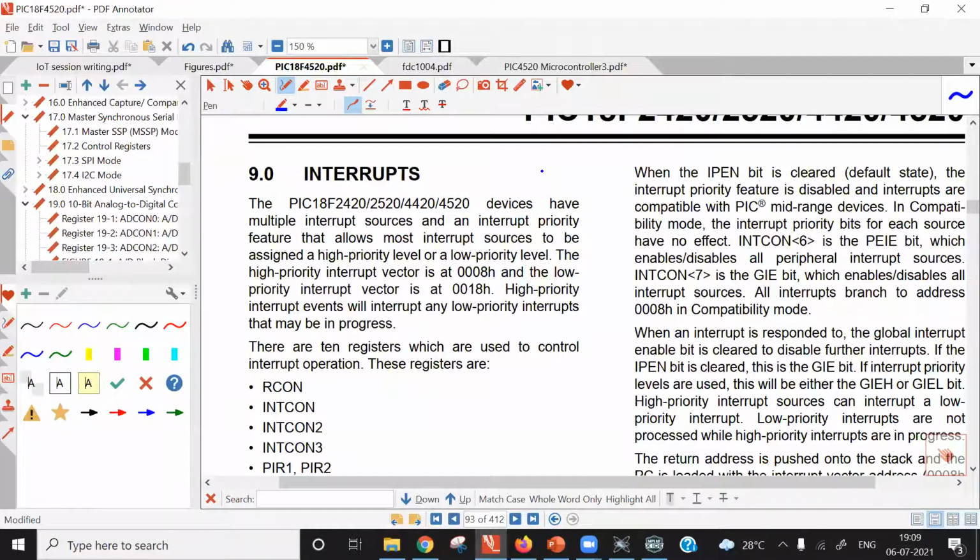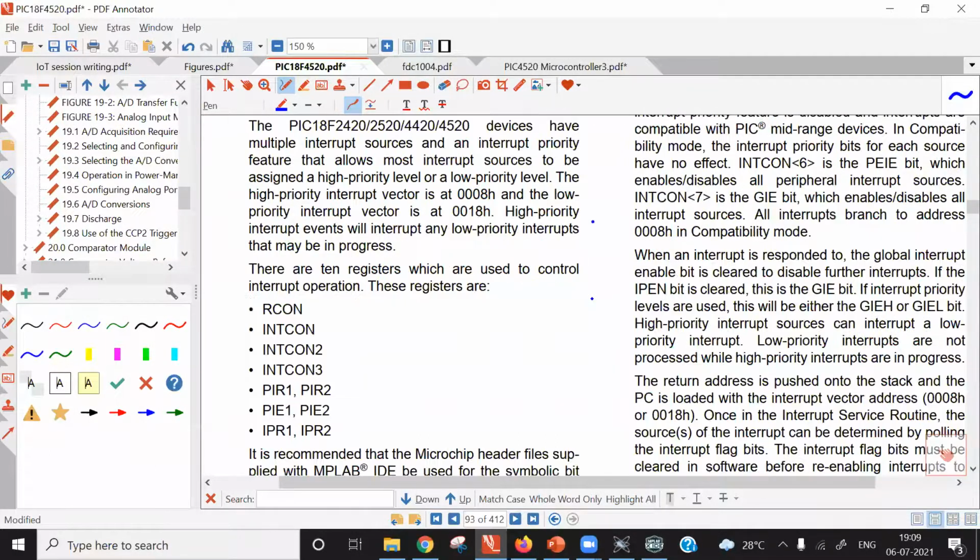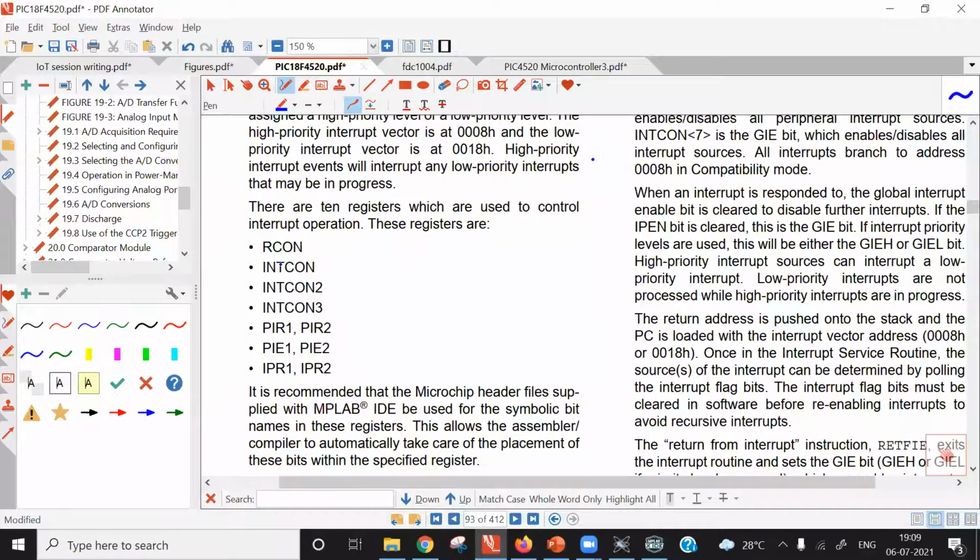For demonstration purposes, I will consider one external hardware interrupt, and while writing serial communication code, we will consider the interrupt related to the UART module. So there are control registers, peripheral interrupt request registers, and peripheral interrupt enable registers.